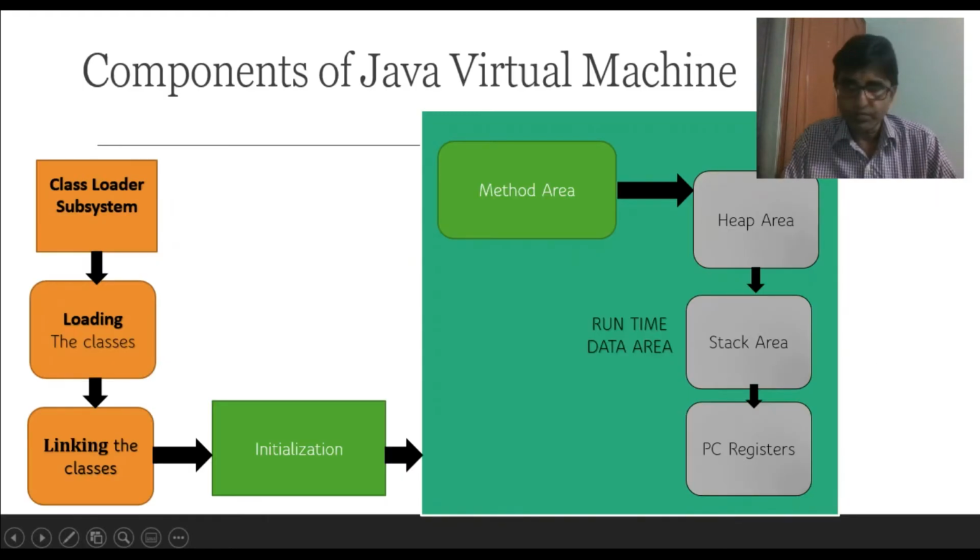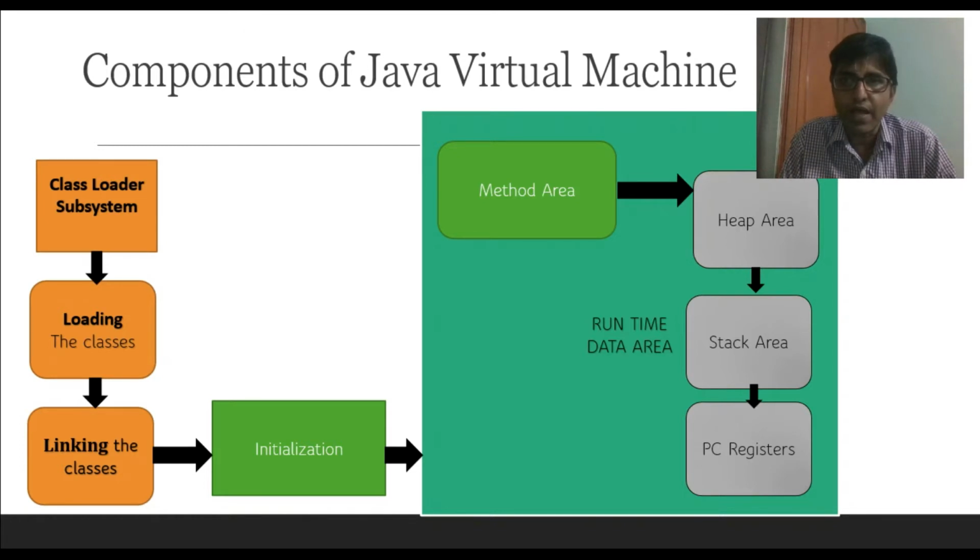Okay, let's understand the chart, how the subsystem, the JVM, works. So the JVM has these 5 important components. The first is the class loader subsystem, which basically loads all the related classes. After all those classes are loaded into memory, they are linked, and the static variables or information that is initialized at runtime goes into the runtime data area. What is the runtime data area?